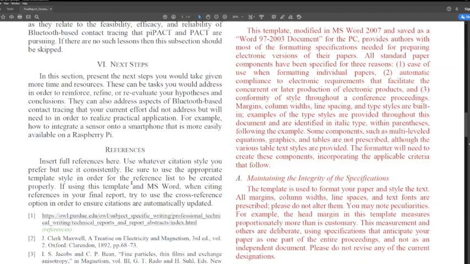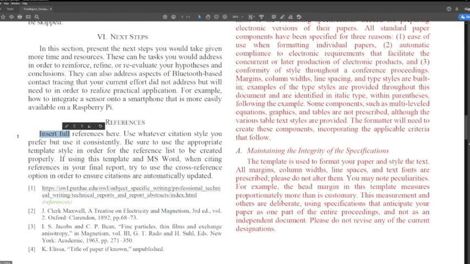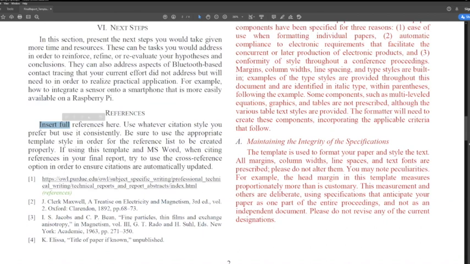The last section is just references. This is where you're going to insert full references. So make sure, use whatever citation style you prefer, but use it consistently. Be sure to use the appropriate template style. If you're using this Microsoft Word template, you want to use the references style to insert the references,